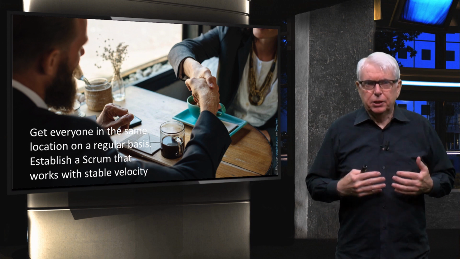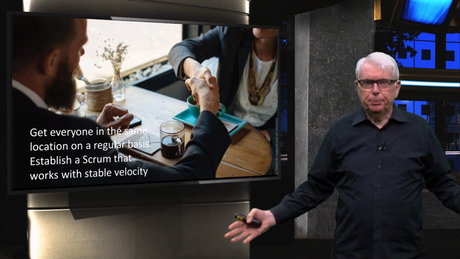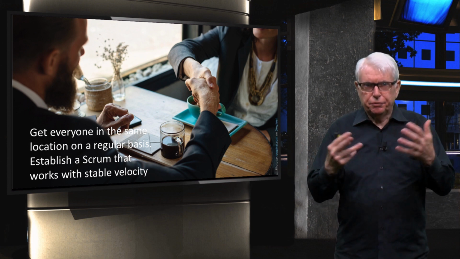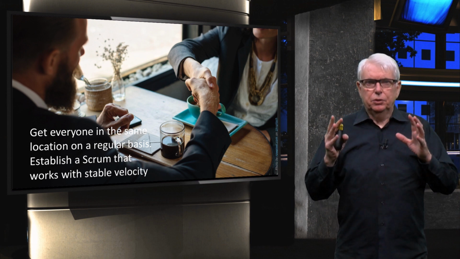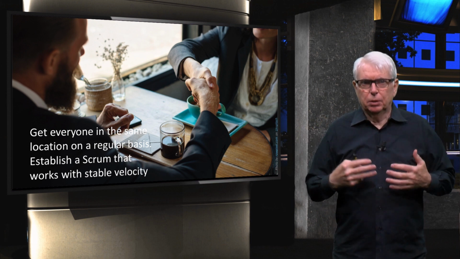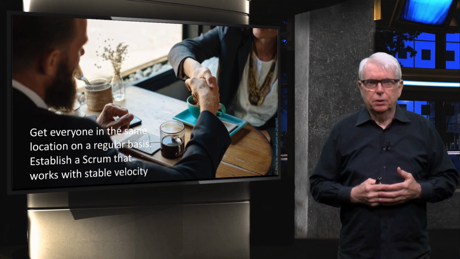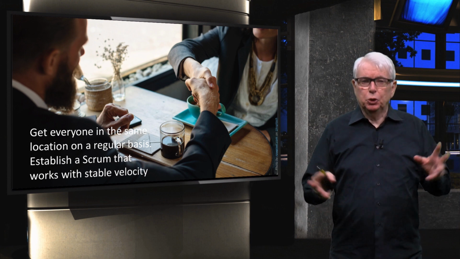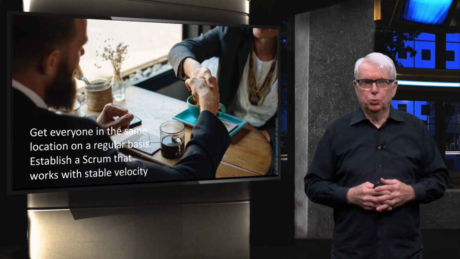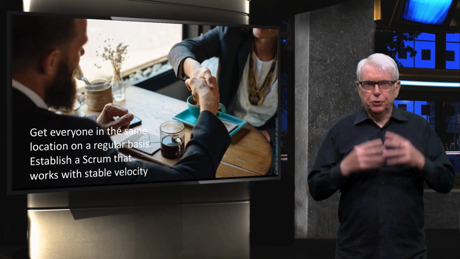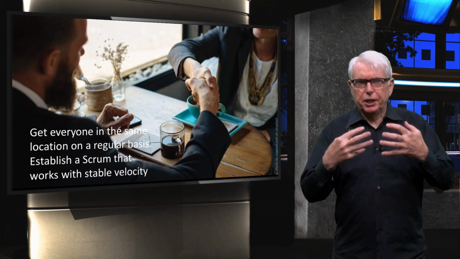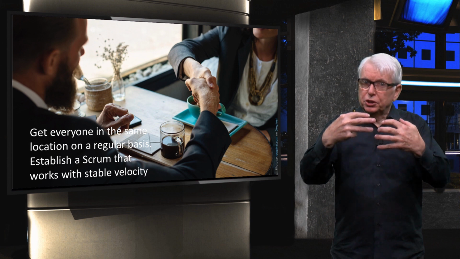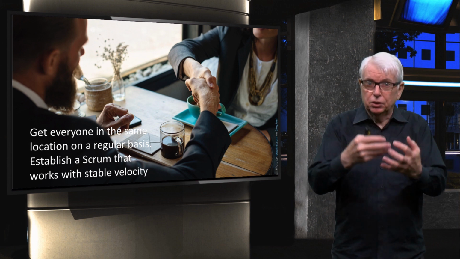We then, in my company, meet every quarter. We fly people in from all over the world, so all the teams can meet face to face for a couple of days to reestablish that close personal communication and close way of working together. It's really, really important that people know each other personally for teams to work well. So that's the first step: getting everyone on the same page, getting them to agree on the way they're going to work together, and also establishing a way of working that delivers results.